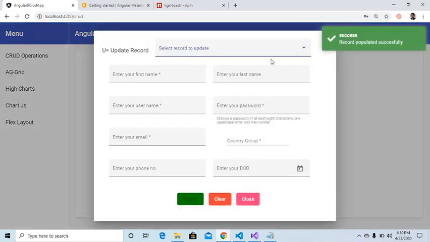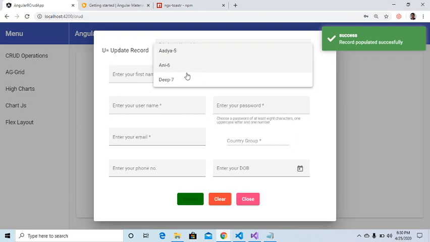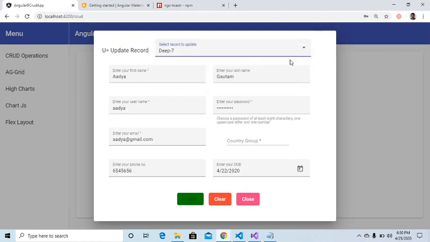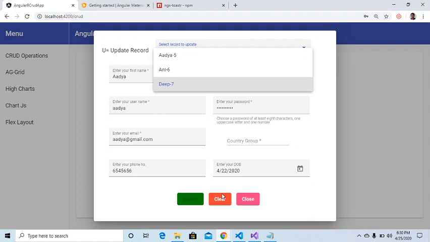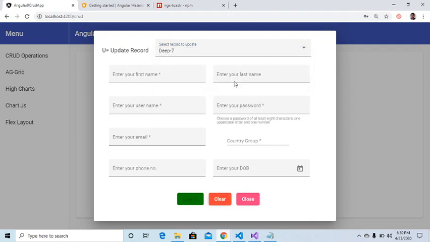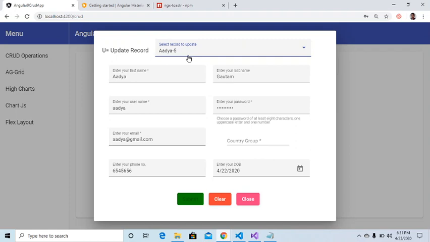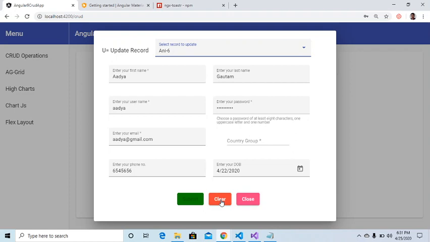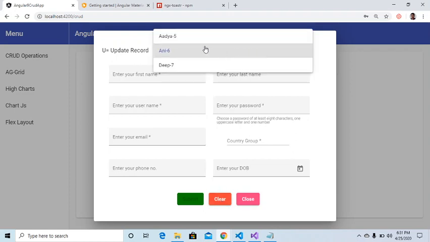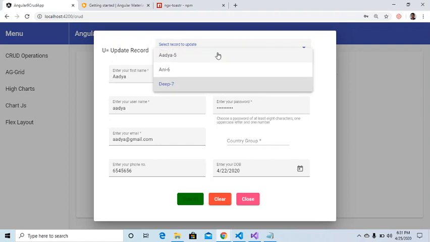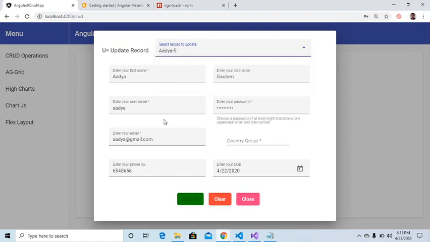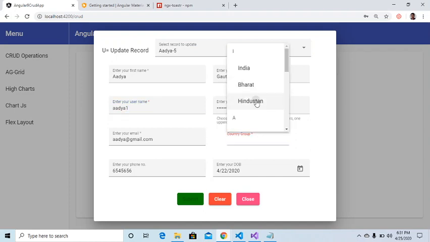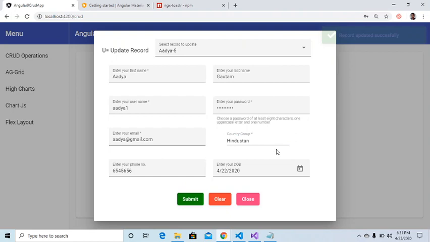If I want to update any of the records, I have to select those records. So let's say I have selected this one, and let me clear first again over here. So everything has been cleared, and let me select this one. Before selecting, I need to clear it. So that's the logic behind it. And the moment I select it, it has the value, and we will just edit these fields and hit the submit. So this update should work. So update is working fine.